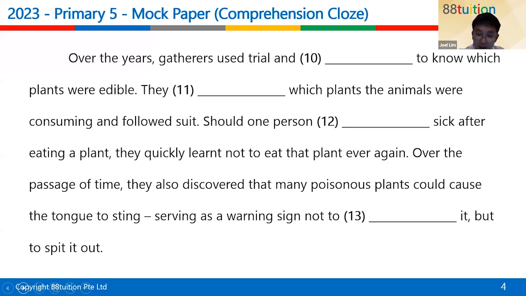So over the years, gatherers use trial and error. So over here we have an English phrase, it's called trial and error. Trial and error means you try something out. If it works, good for you. If it doesn't work, then too bad, you're just unlucky. So that's called trial and error. You keep trying different possibilities. And if you continue trying, there's bound to be some that are edible, bound to be some that are delicious, bound to be some animal that tastes really good or whatever. So it's trial and error to know which plants were edible. They what which plants the animals were consuming. So you can say